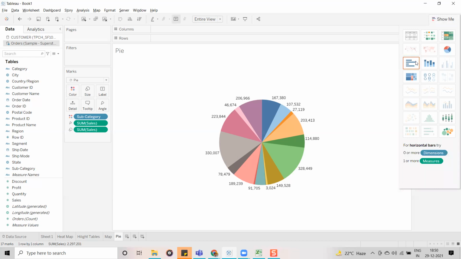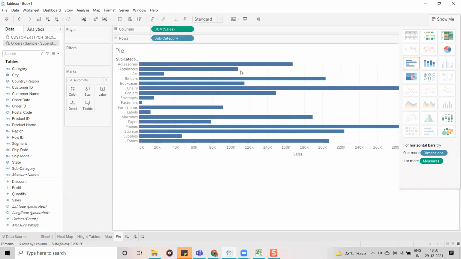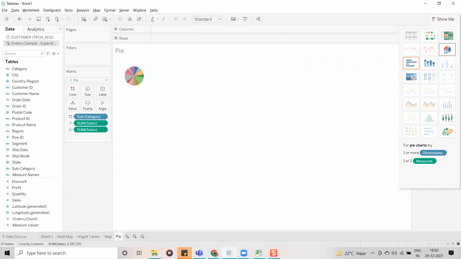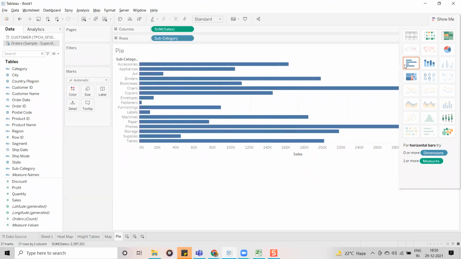In the pie chart, you can find the difference based on the slice, the angle, how much space it occupies. In a bar graph, how do you identify it? Based on the length, the height.